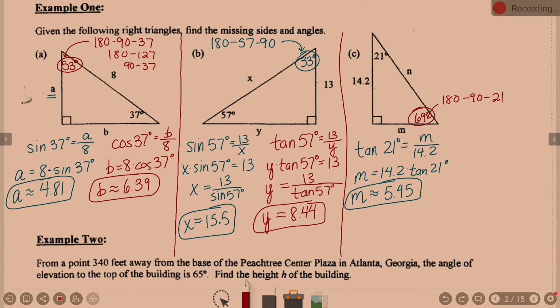You do what? Cosine of 21? I could do cosine of 21. If I do cosine of 21, cosine is adjacent over hypotenuse. So 14.2 over n. So if I multiply n across, n times cosine of 21 is equal to 14.2. If I divide, n is going to be 14.2 divided by cosine of 21 degrees. And n is